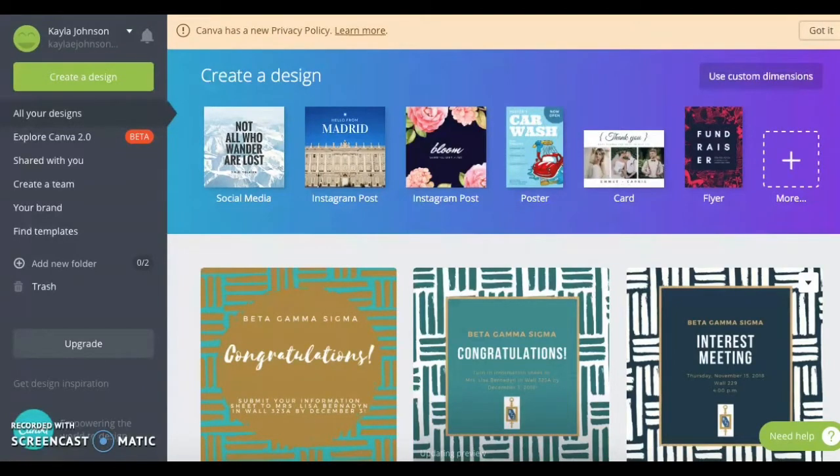Canva is an excellent tool when you need to create a graphic or an image that you want to share with your students. I tend to use this graphic fairly often to communicate with my students, maybe deadlines, or if there's a special event coming up, or we have a special advising session we need our students to hear, or